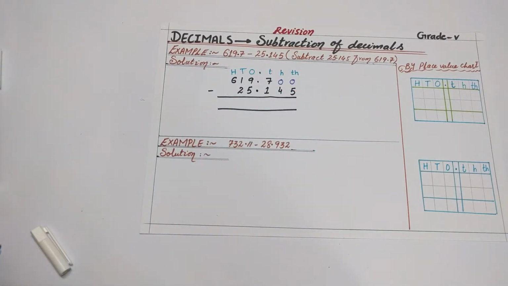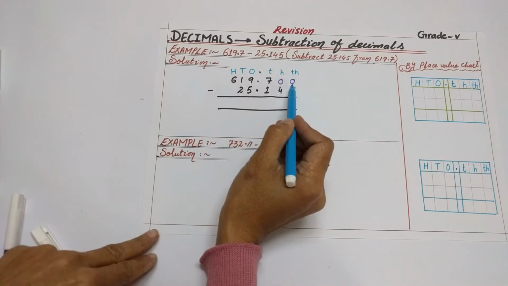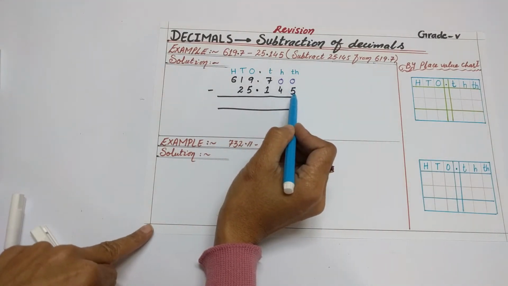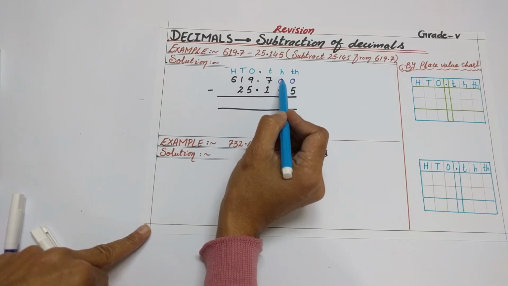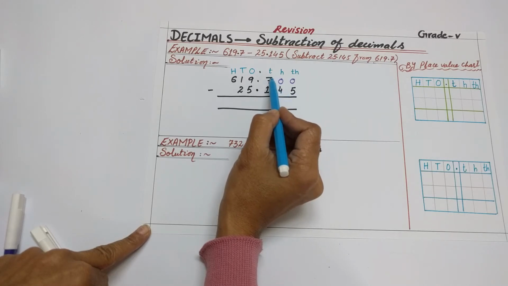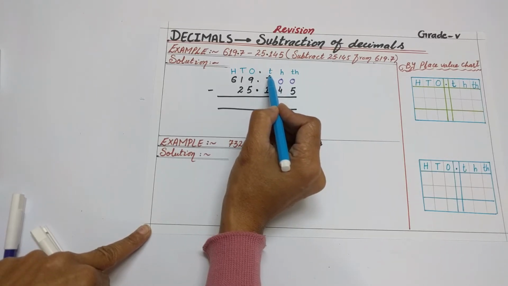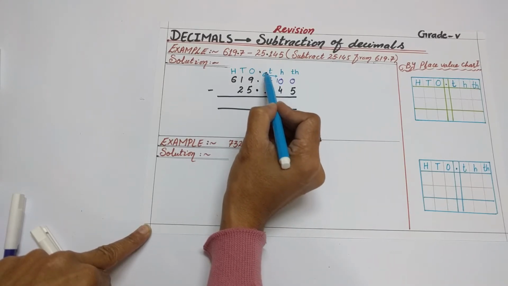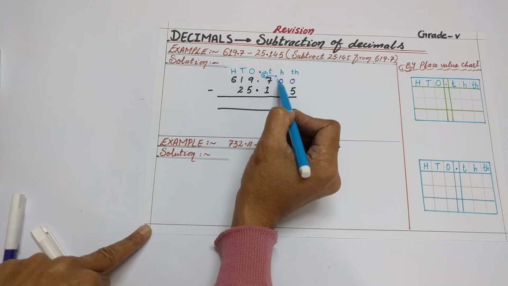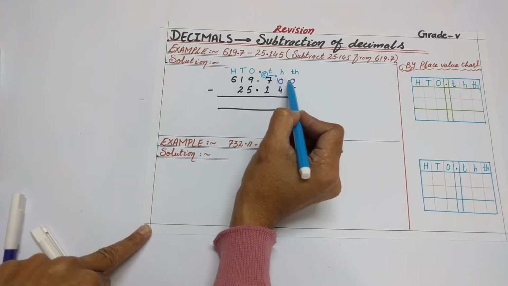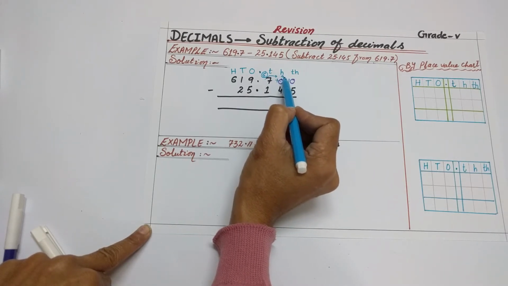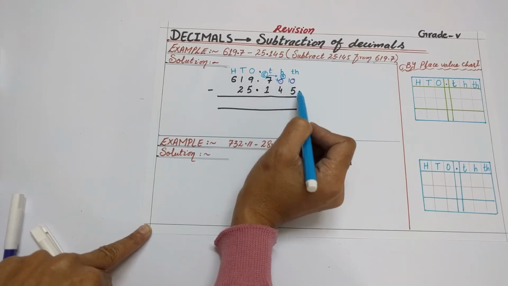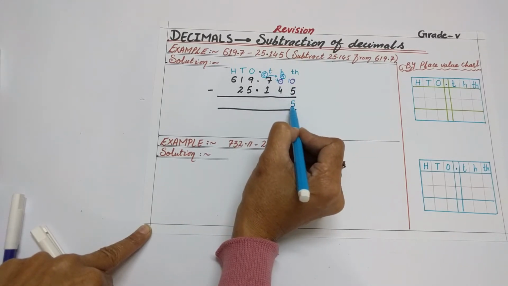So let's start the subtraction. Now 0 minus 5 is impossible, because 0 is smaller than 5. We will take a borrow from the next place. As our next place is again 0, we will complete the value of this place by taking a borrow from the next place. So we will take the borrow from 7, it will be 10, and the left number will be 6. Now it will become 10. Now we can take the borrow from 10. So when 10 gives the borrow, the left number will be 9. Now it's 10. 10 minus 5 is equal to 5.